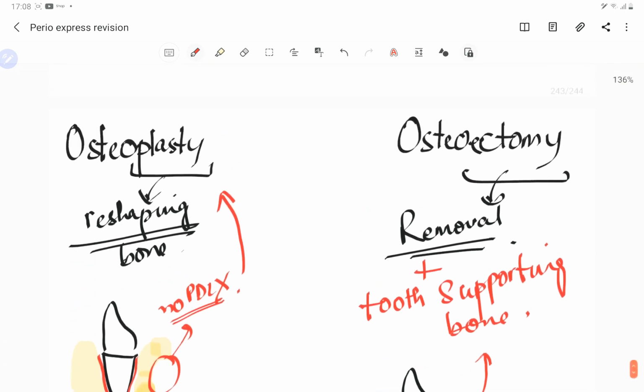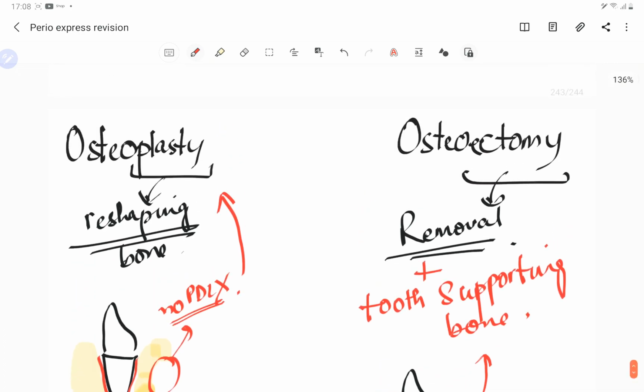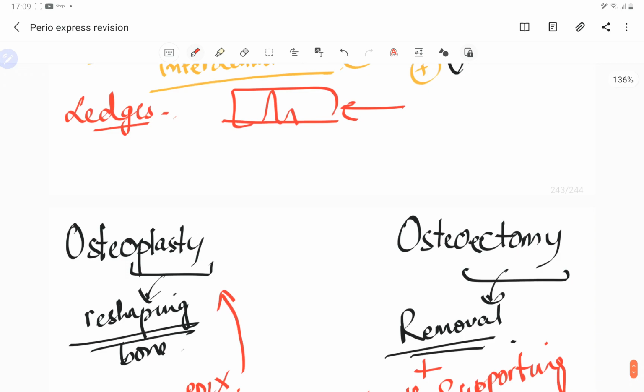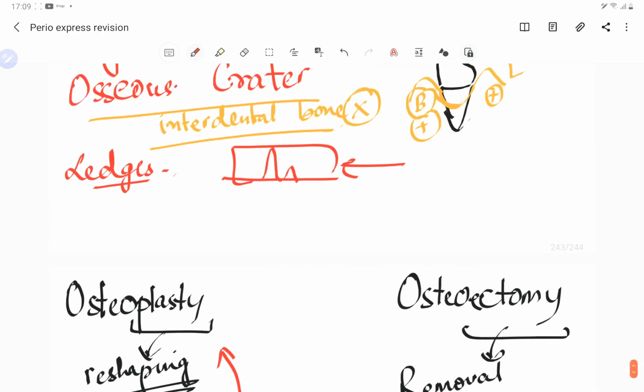So both of these are a kind of resective osseous surgery. Friedman is a person who classified them to correct the osseous defect. He said that either we can do the osteoplasty procedure or we can do the osteectomy procedure. So both can be done. So we will be talking about the 4 procedures in sequence, and in that the top 2 are the osteoplasty, the bottom 2 are the osteectomy. We will be dealing with that in quite some time.